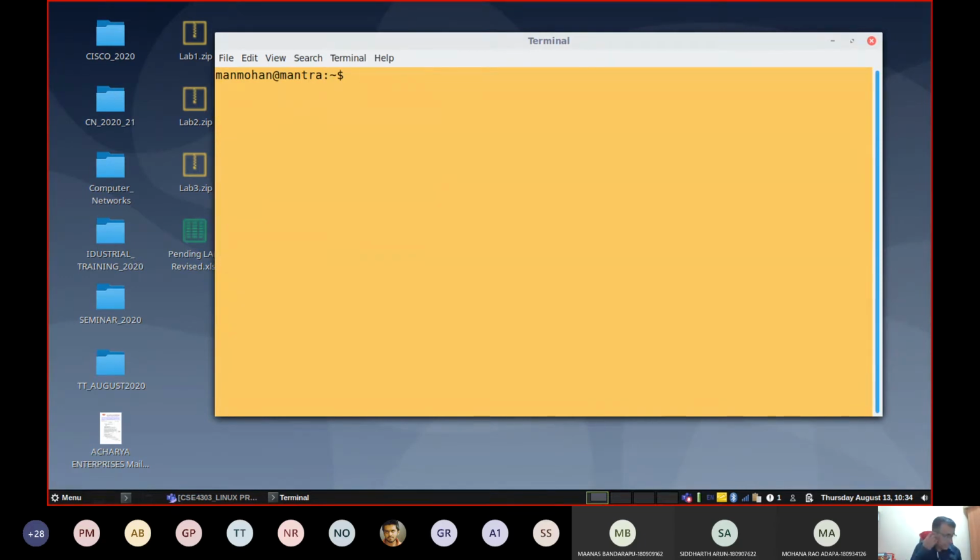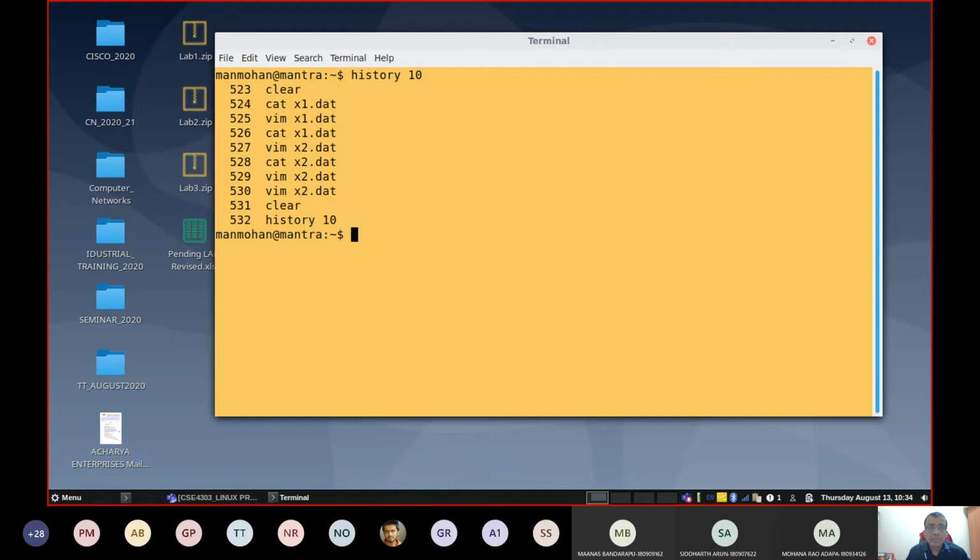And one more very interesting command is history. Now if you say the history command, we can get all the different previous commands that we tried. I will say history 10. See, these are the 10 previous commands I used on this computer. In case I say history 20,